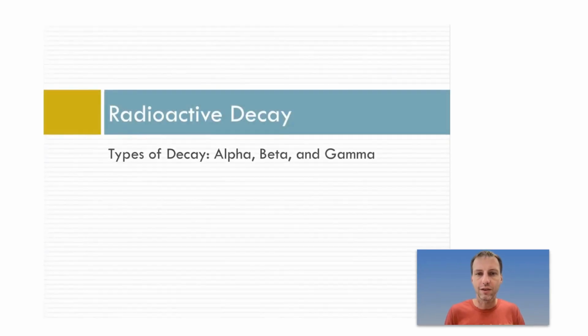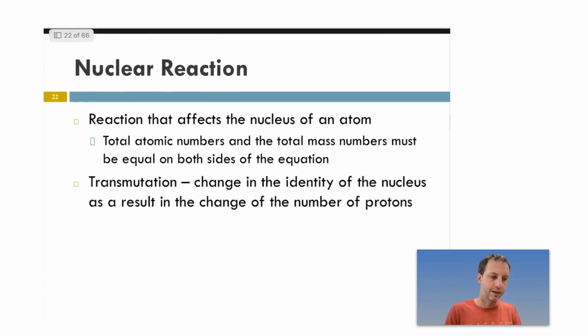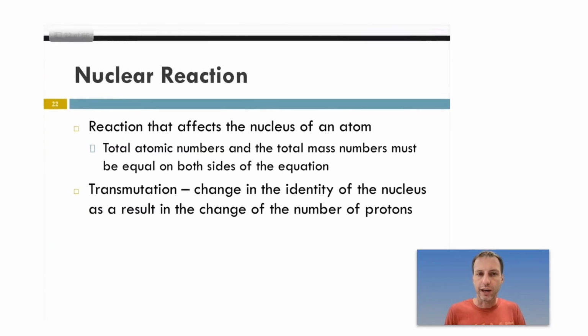All right, let's look at the three types of nuclear decay: alpha decay, beta decay, and gamma decay. These are part of nuclear reactions, which means just a reaction that affects the nucleus of the atom. When we talk about a chemical reaction, we're talking about the electrons, the valence electrons interacting, being shared or transferred. But for a nuclear reaction, we're talking about protons and neutrons either changing or being shot off of the nucleus